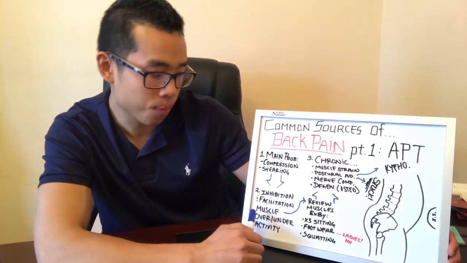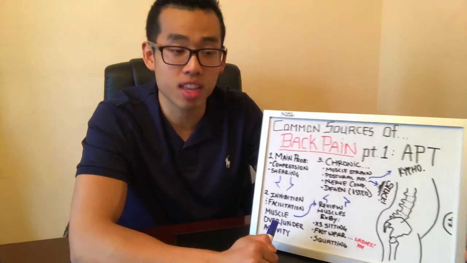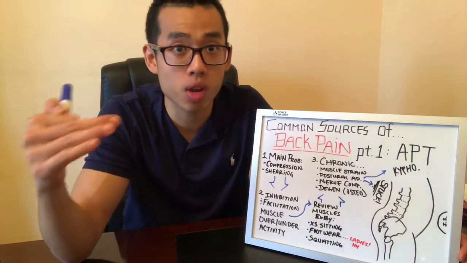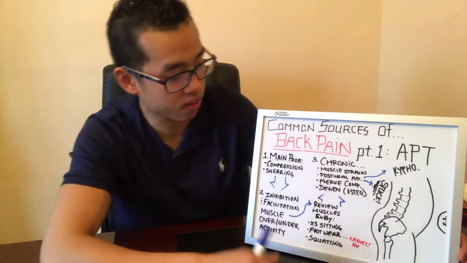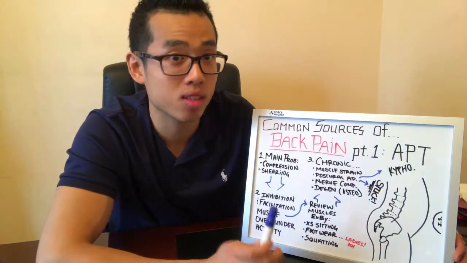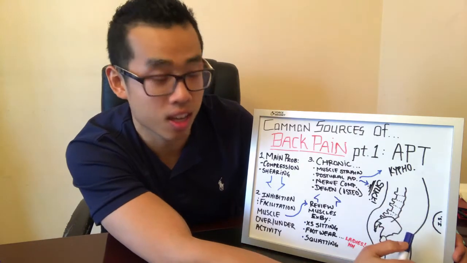excessive, so when the muscle becomes excessively underactive or overactive, then it becomes more of an anterior pelvic tilt. And that's when it becomes dysfunctional and excessive, which leads to compression and shearing, right? So now I want to get into a little bit more detail of the exact muscles that are causing that